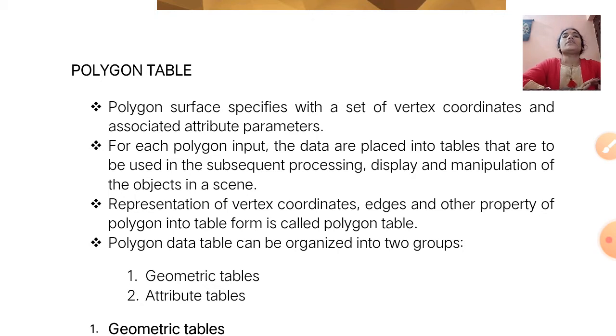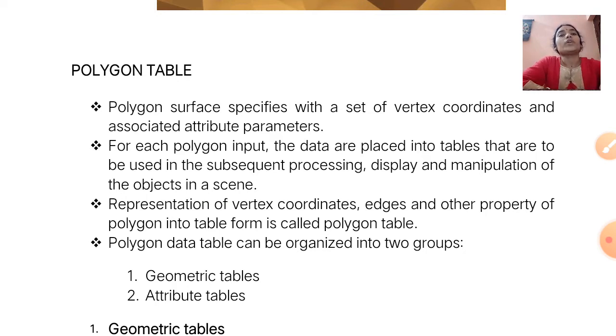Representation of vertex coordinates, edges and other properties of a polygon in table form is called the polygon table. That means in the polygon table we can store the edges, vertices and different properties of the polygon. All these things are stored in tabular form, so this table is known as the polygon table.